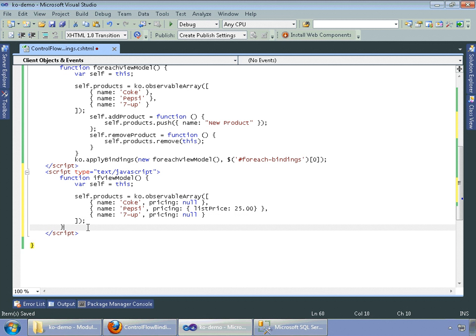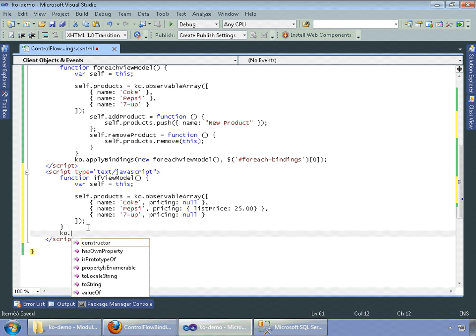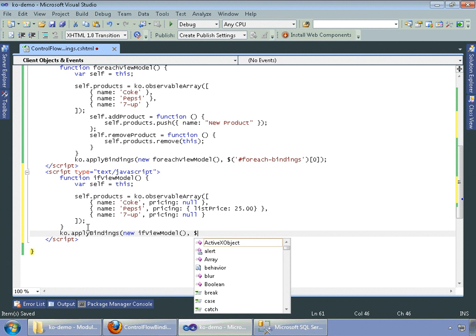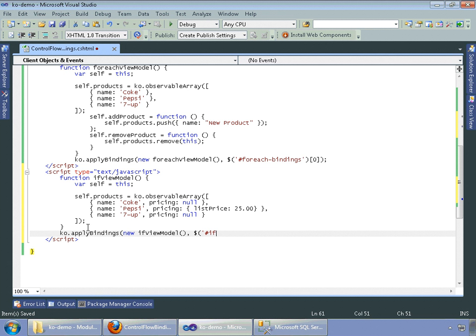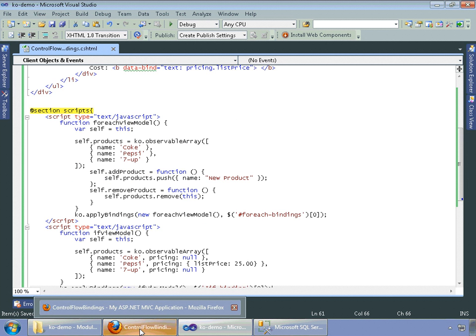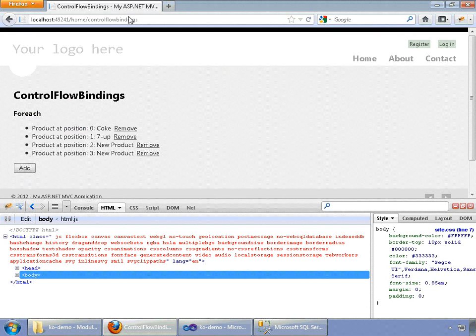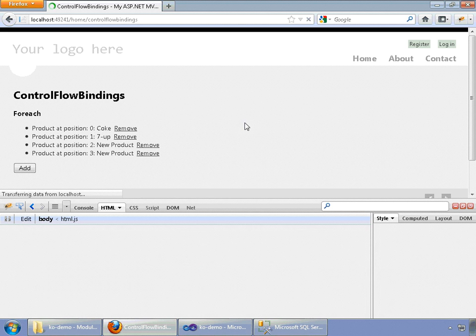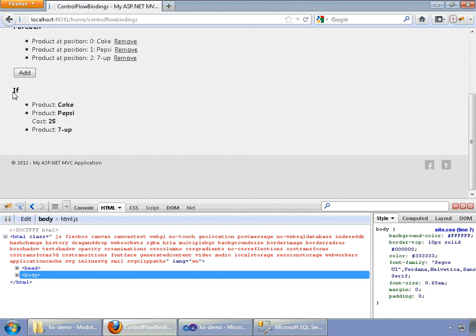Pretty straightforward. So now we just need ko.applyBindings to wire it to the UI, new IfViewModel, our jQuery get element by ID, so if-binding, parentheses. Quick check, everything looks good. So let's now save this, and we will look in the browser here, bindings, refresh the page, and here's our